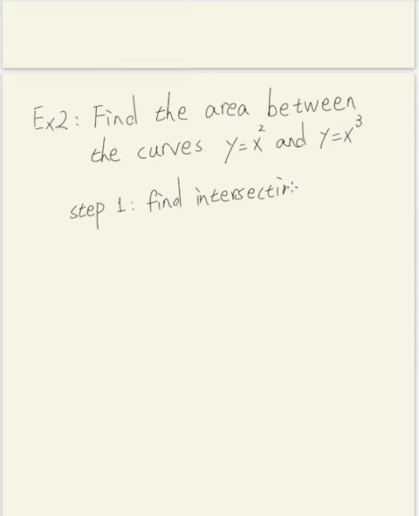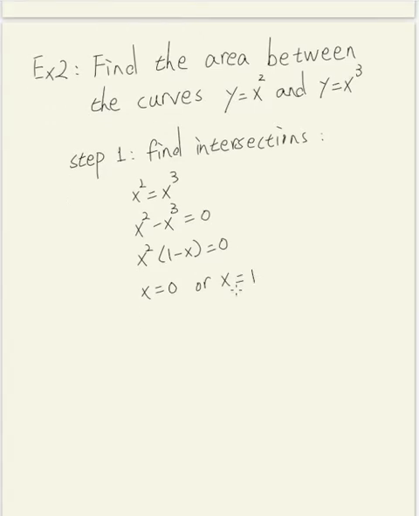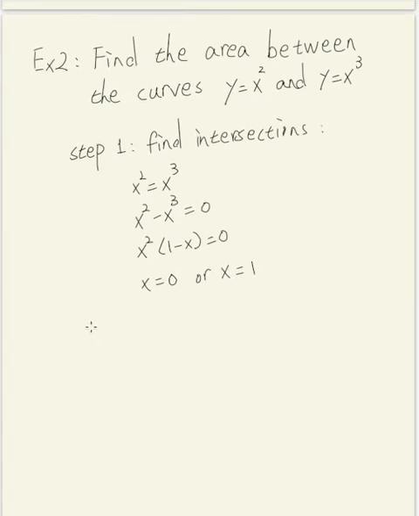We find the intersection points by formulating the equality x squared equals x cubed. And you get x squared minus x cubed equals 0. Take the common factor x squared, you get x squared times (1 minus x) equals 0. So two solutions: x equals 0 or x equals 1. Now that we have the intersections, we have to